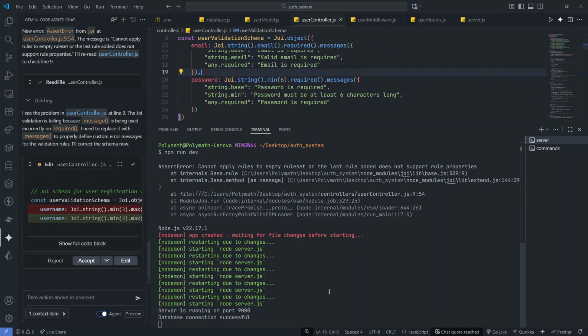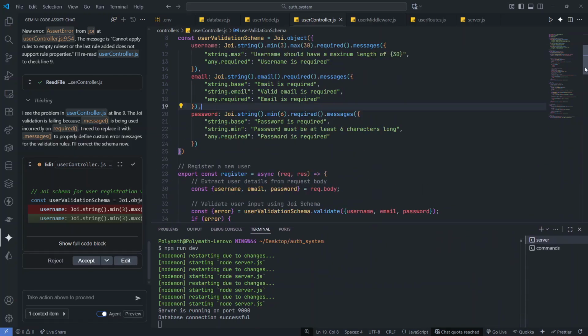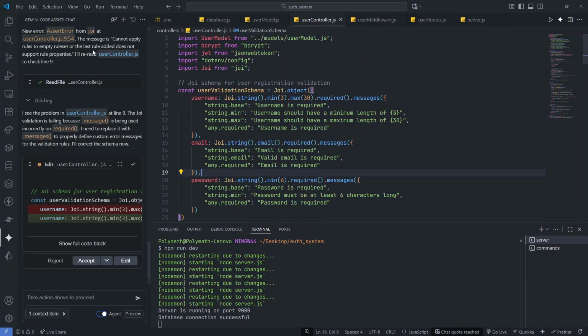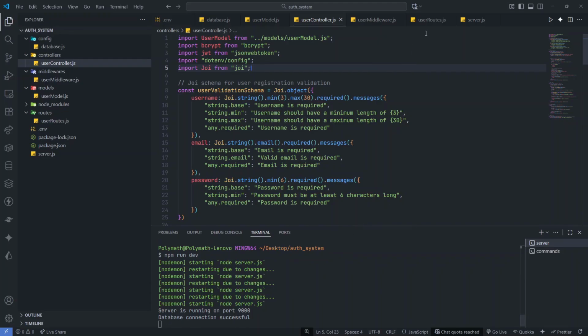Okay, so when that is done, now you see we have server is running on port 9000. Database connection is successful. So it means that we have been able to successfully connect to our MongoDB database, and also our port is everything is set on correctly. The next thing we need to do is to now check the endpoint. So we're going to be using Thunder Client,